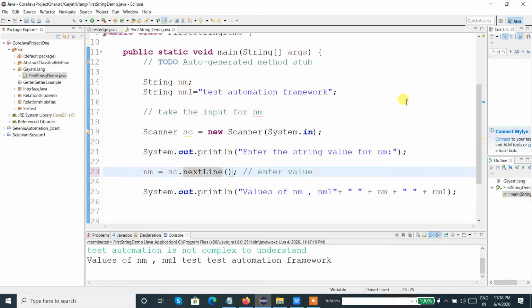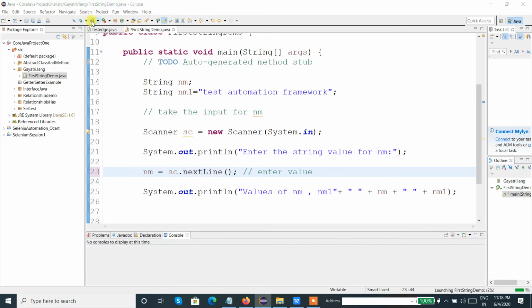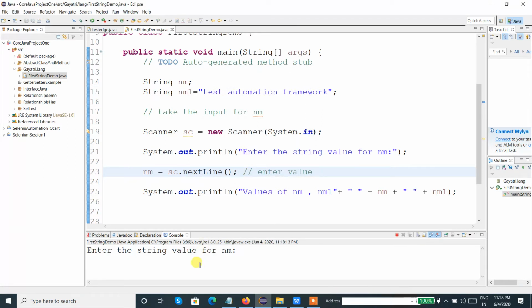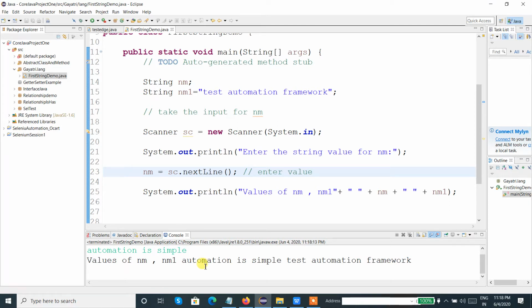One sec. Okay, so let me just execute it once again. Yes, automation is simple. Now see, the value of nm is automation is simple and value of nm1 is test automation